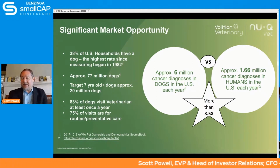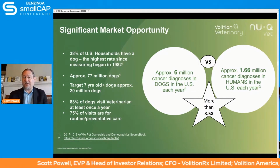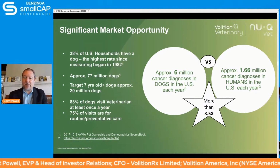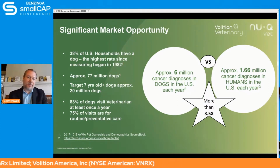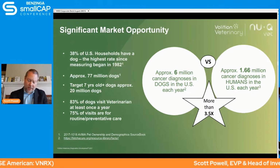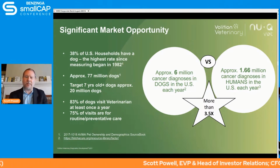In animal health, it's even worse. There's virtually no asymptomatic screening done in canines for cancers, right? You don't take an otherwise well canine to the vet to get screened for various cancer types. They don't have the tools. It's just not done. So this is a really disruptive product that we have entered the market with,